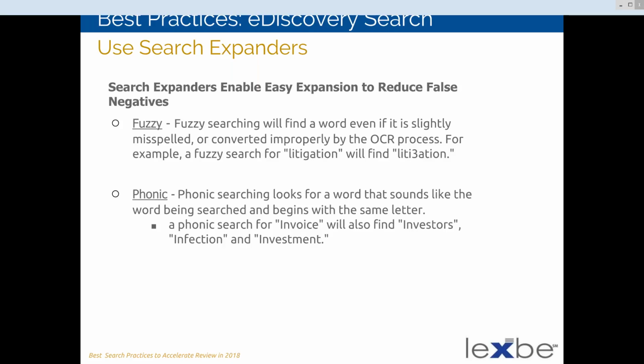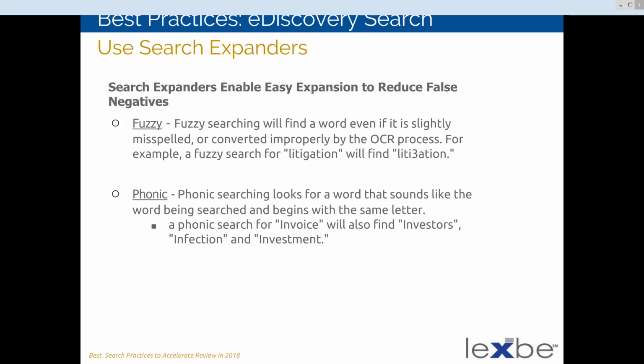You could have somebody that thinks they know somebody's name and spells it wrong every single time, or you, as the reviewer, could see somebody's name and think that you're spelling it right, but every time you type it in the search box, you're actually spelling it wrong. It will also cover anything that is converted differently in the OCR process. For instance, the example I have here is the word litigation would also find litigation with a 3 instead of a G. Sometimes OCR can